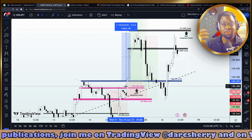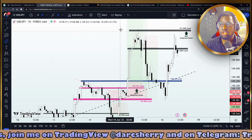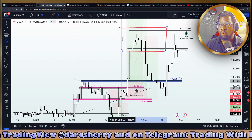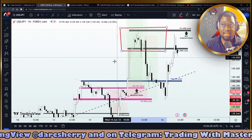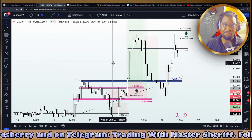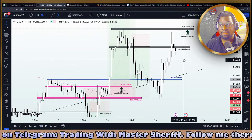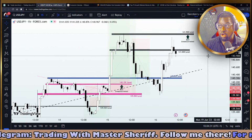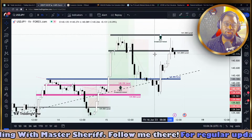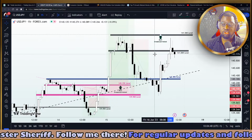And during our live session yesterday, we acknowledged the fact that price action was consolidating between the 141.500 and the 141.00 level. And remember what I said about this area, that this will be our center of focus for yesterday's trading session. And there are two ways I said we are going to be trading this one, that is having a buy stop order above the 141.500